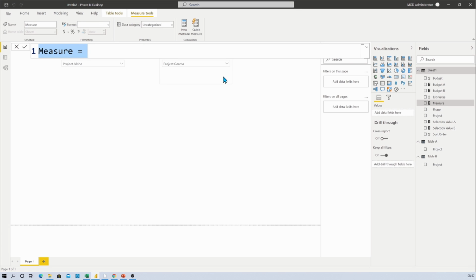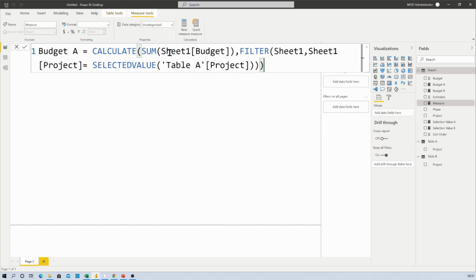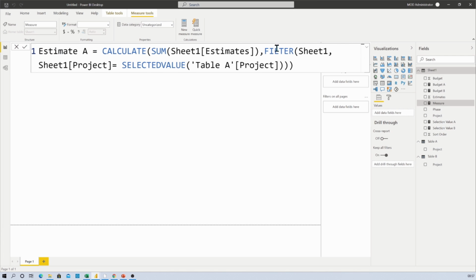So let's copy and paste the same thing. Instead of sum of budget, we need to have sum of estimates, and for Estimate A, we need to select a project from table A. Now copy this one, and now prepare the same thing for Estimate B.